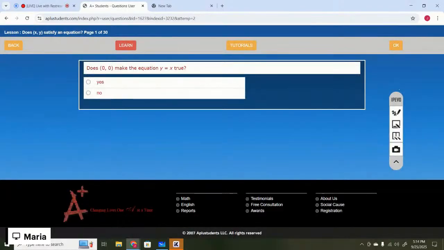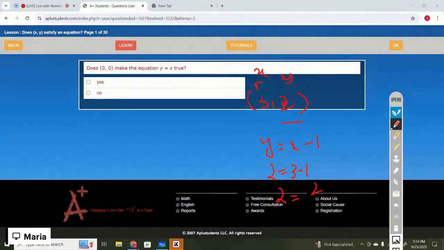Does (0, 0) make the equation true? So the equation is y equals x. The point is 0, 0. So 0 is equal to 0. That means yes, the point satisfies the equation. The correct option is